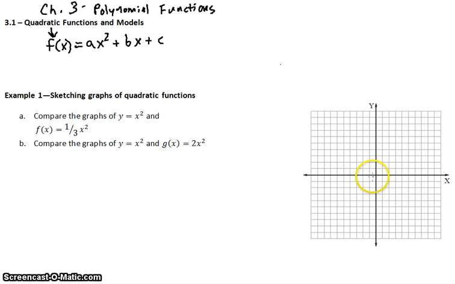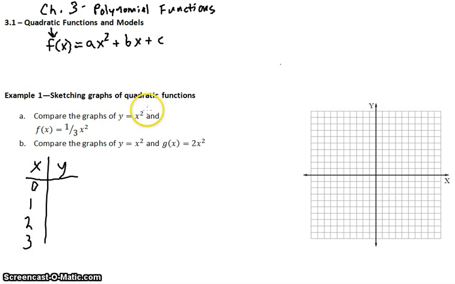Now it's going to start to look a little messy with all these graphs, so I'm going to try and graph these all on the same one. If you have questions about them, please ask, or if you want to just make another graph, just do that off to the side. So compare these graphs. I'm going to draw the very most basic